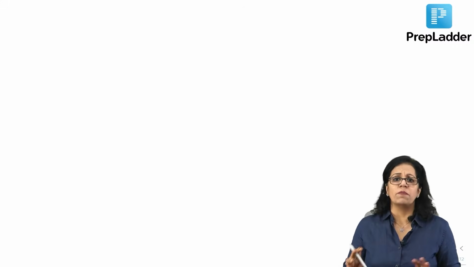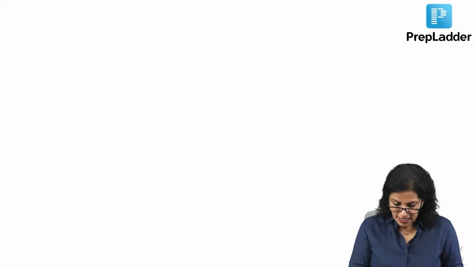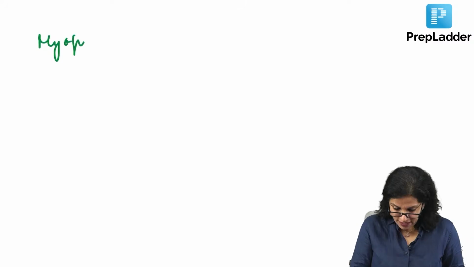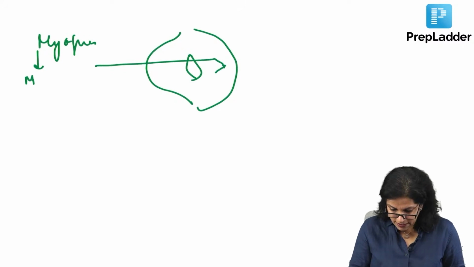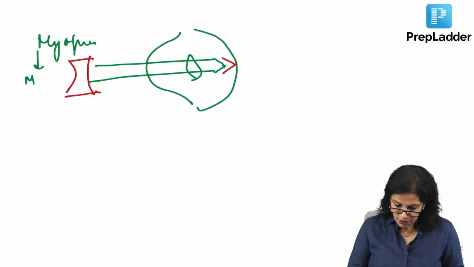And everybody knows about myopia, hypermetropia. I don't think we have to revise this. Myopia is more power: whatever you require, it is more than that. Therefore the light rays are focused in front of the retina, and hence for myopia we use concave lenses. So the eye is large, M for M, power is more. The light rays focus in front, and therefore you need to use concave lenses so that the focusing is on the retina.